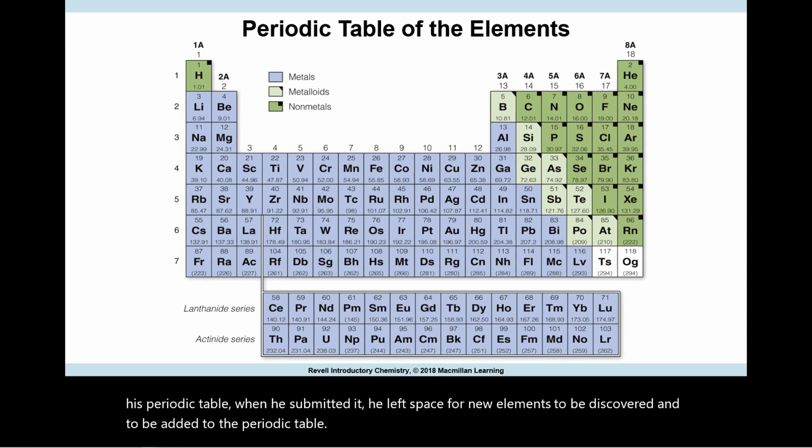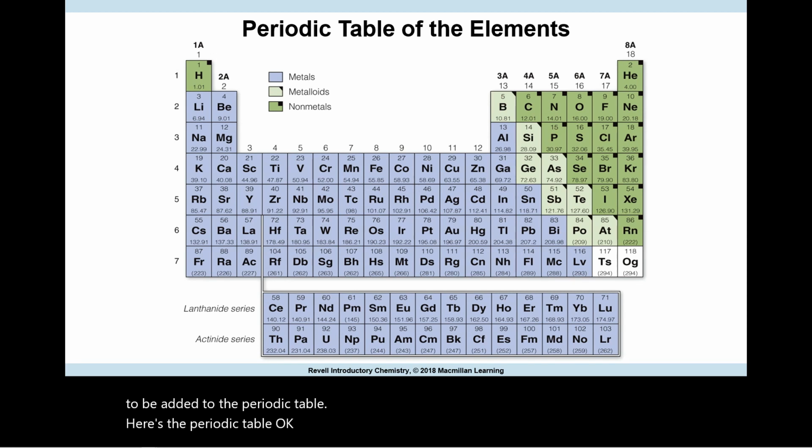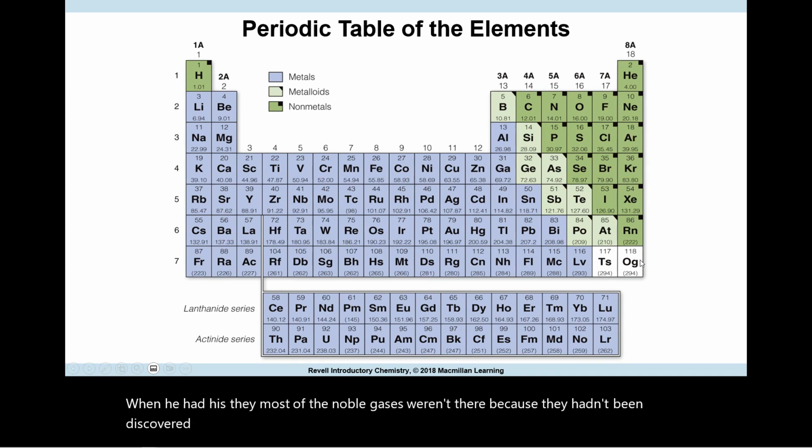Oh, here's the periodic table. This is the way that he arranged it. Now this one's obviously been filled. When he had his, most of the noble gases weren't there because they hadn't been discovered yet. And now that we have a periodic table, let's go over those 7